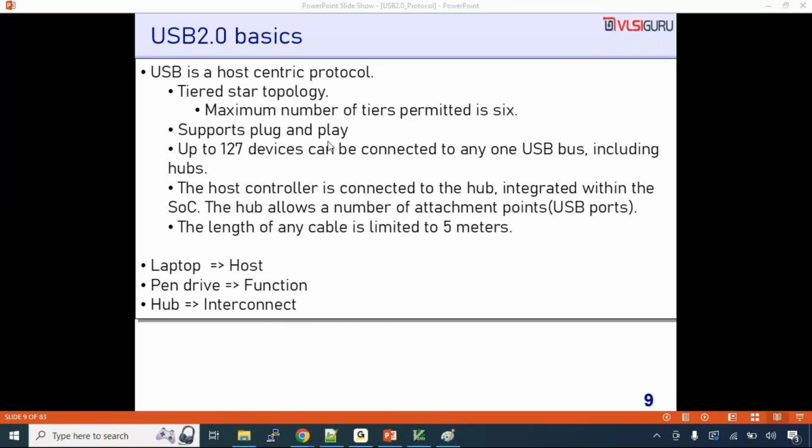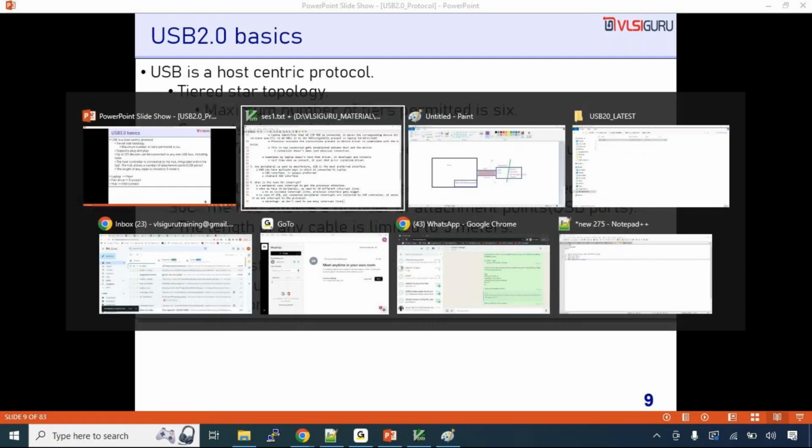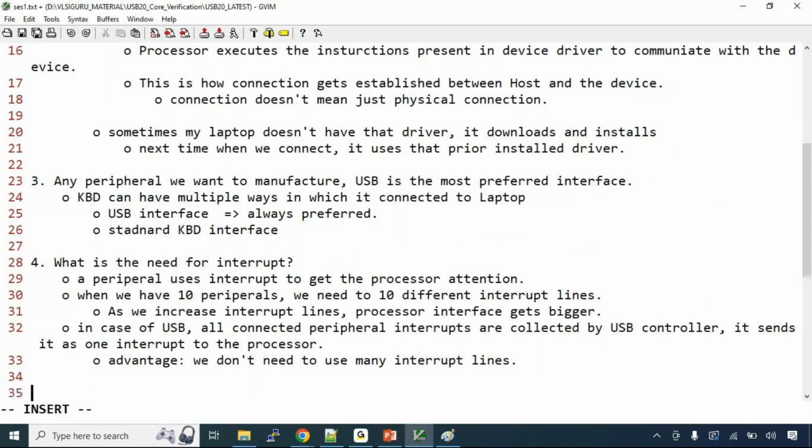It supports plug and play, we discussed. You can connect up to 127 devices to any one USB bus, including the hubs. You may ask, where does that number 127 limitation come from? That is because, to identify each device, the USB host assigns a 7-bit function